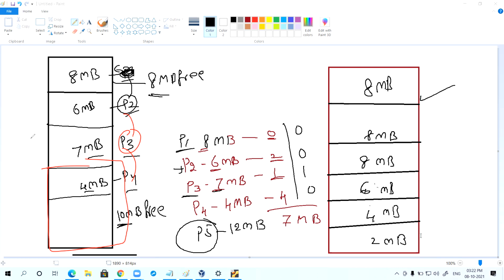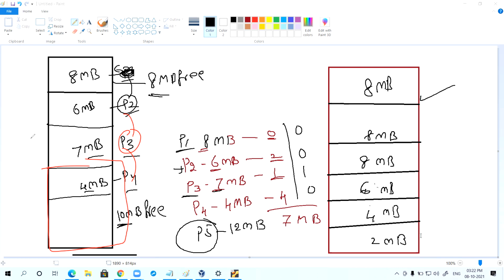But the problem here is that the running processes should be stopped for a while. Now, when running processes are stopped for a while to get new space, throughput suffers. Do you know? In process management, we discussed one term called throughput: the number of processes completed per unit of time.